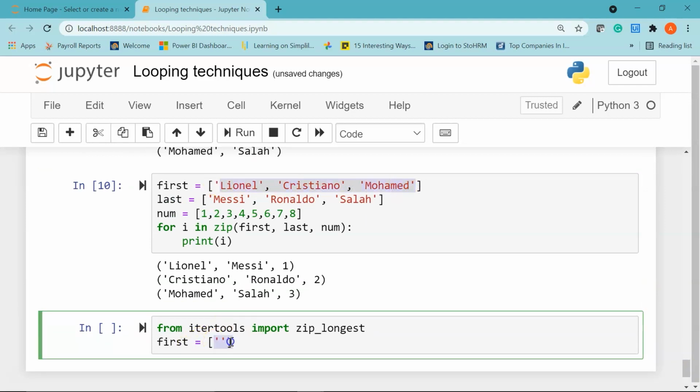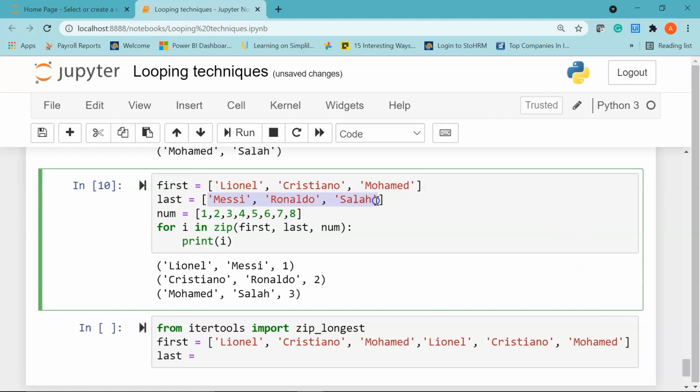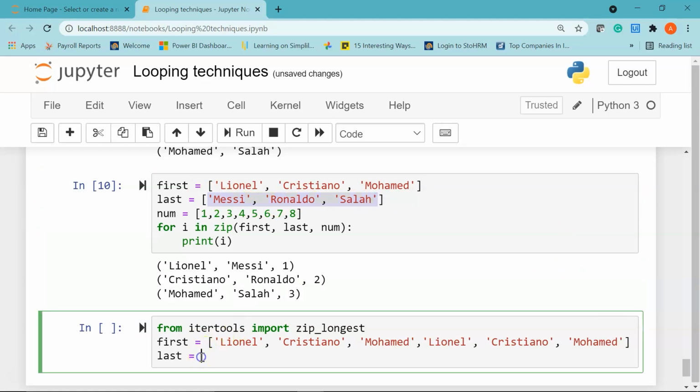I'll paste it here, and I'm again going to use the 3 elements. Now I'll create another list called last and copy the items from the top and paste it here.